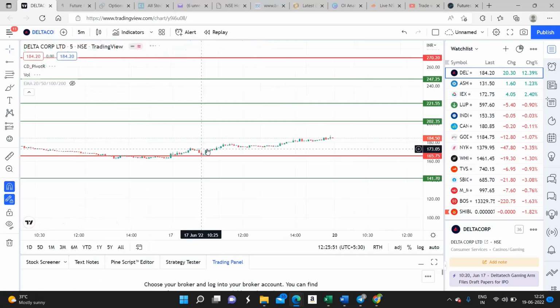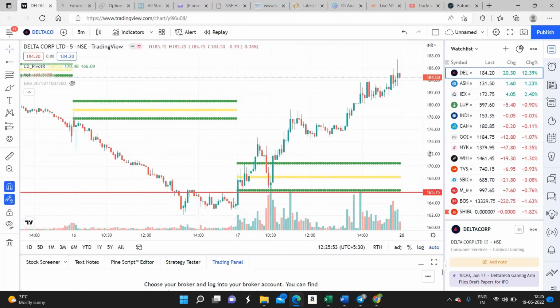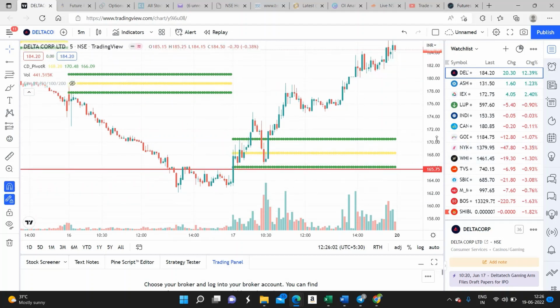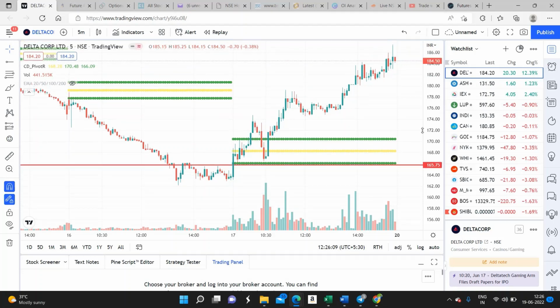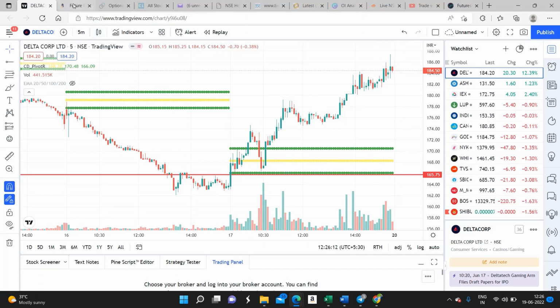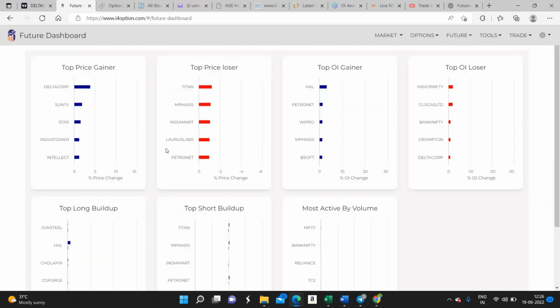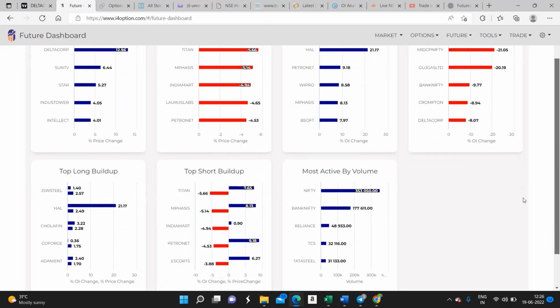So let's come to 5 minutes and we will check what we can do. It takes 15 to 20 minutes or 30 minutes, depending on the stock demand, to generate the open interest. So we can wait till 9:30 or 9:45 to check the open interest it is forming on the i4option website. So we have already seen, this is the data of Friday. So we are unable to see the open interest long buildup here